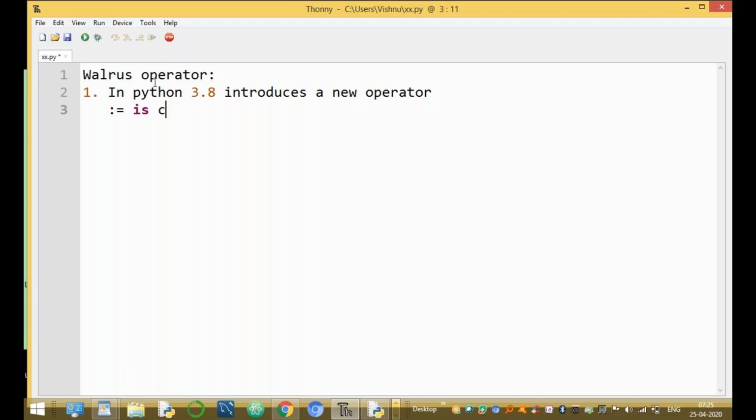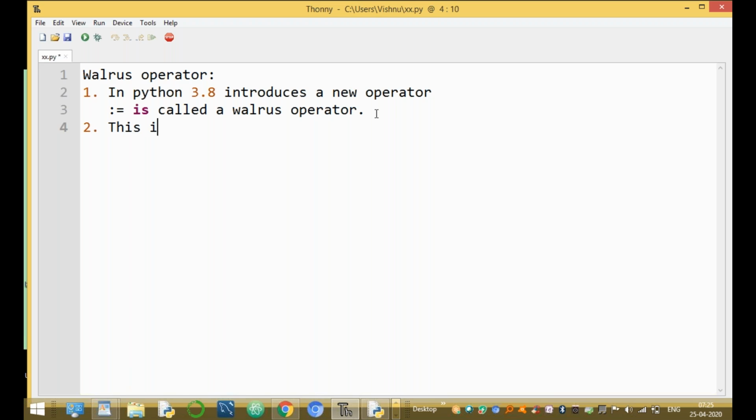This operator is called the walrus operator. Ordinary equal to is called an assignment operator. Colon equal to is also an assignment operator. This is a new operator.